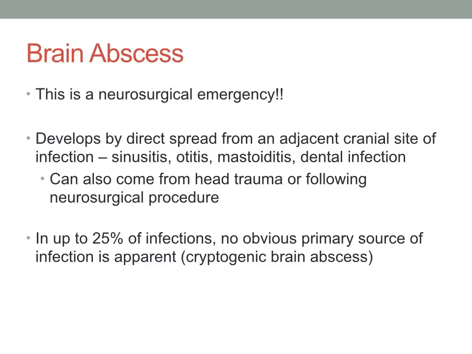You've got a pocket of pus. This is basically a mass-occupying lesion in the brain, and it's pushing on the brain. You're going to have neurosymptoms with this. Can it get to a point where it can cause increased ICP and herniation? Absolutely. So it develops by direct spread from an adjacent cranial site of infection, aka sinusitis, otitis media, mastoiditis,